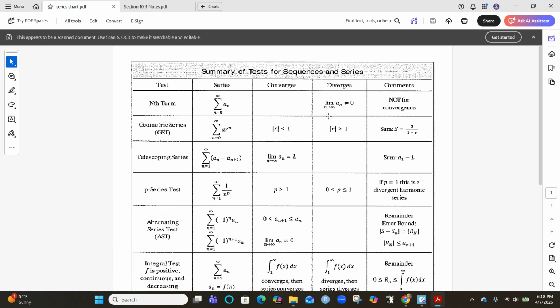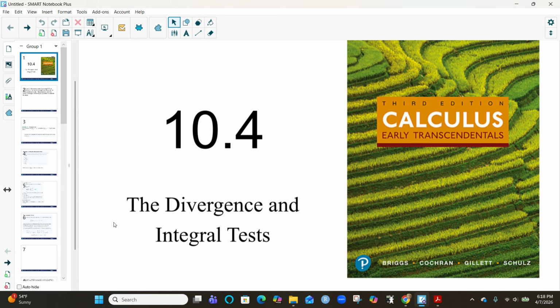If you calculate the limit as n approaches infinity, and you find out that the limit is not 0, then you know automatically that the series diverges. And that means you can stop. Okay, now if you find out that the limit is 0, then that's inconclusive. We have to try a different test to prove convergence. Okay, so going back to the notes,